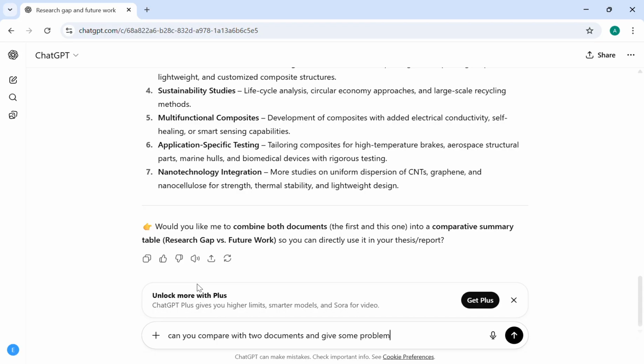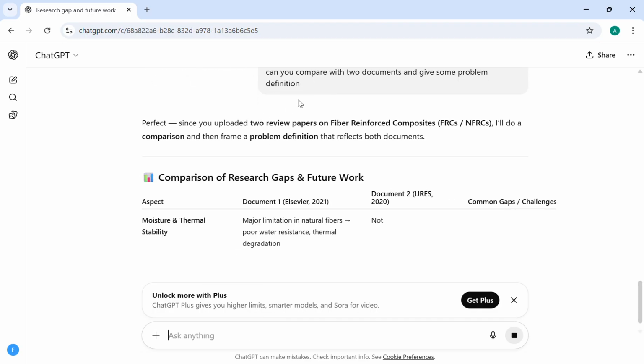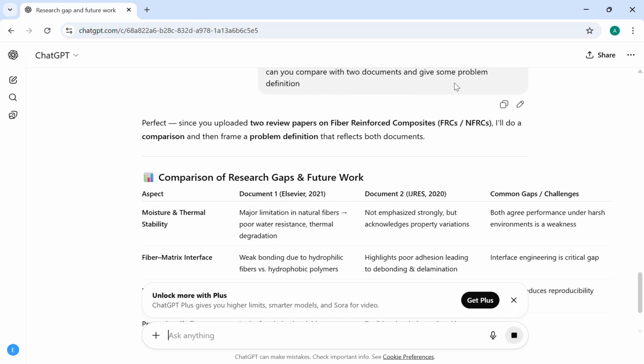Let me check how this works. Okay, I'm just asking ChatGPT, can you compare these two documents and give some problems? Here you see the reply of ChatGPT. Perfect. Since you have uploaded two review papers on fiber, I'll do a comparison and then frame a problem definition